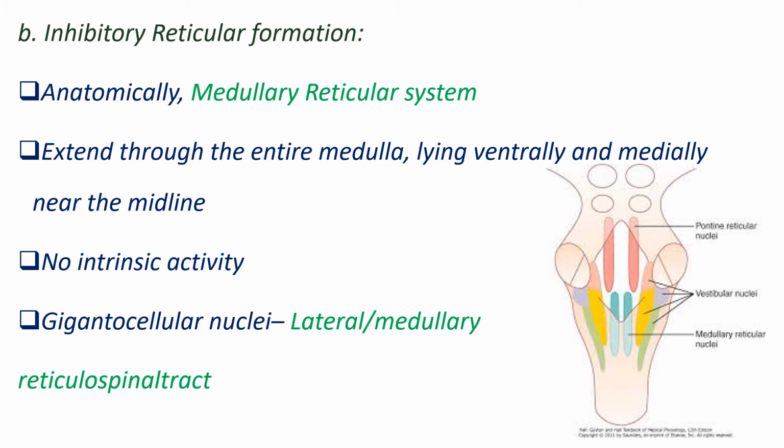Again, to make myself clear, the medial and lateral, that is the medullary and the pontine reticular formation, are basically the same nuclei we were discussing, the medial and the lateral. We discussed how they are placed as a column, but here we are discussing their function, that is, whether they are facilitatory or inhibitory, and they contribute to the descending tracts. So they lead to two tracts, the medial and lateral reticulospinal tracts.